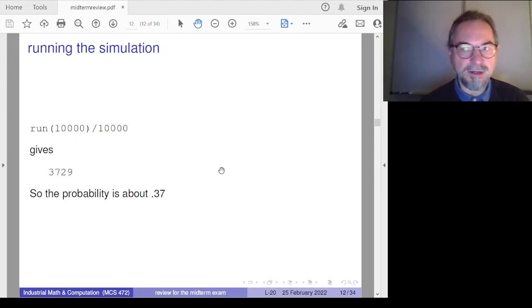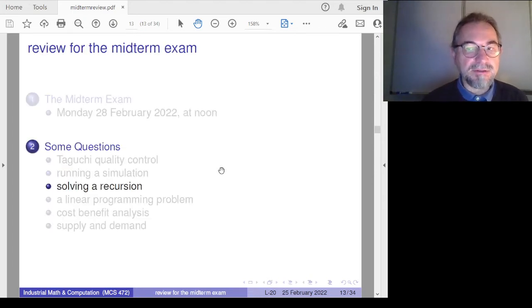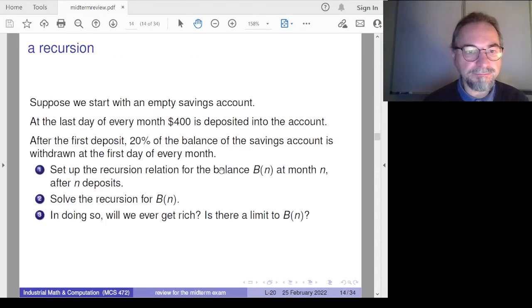Taking into account the swapping of the tires. So in a way, this simulation also simulates the process of doing the race. Okay, so we solve a recursion. So here, let's look at